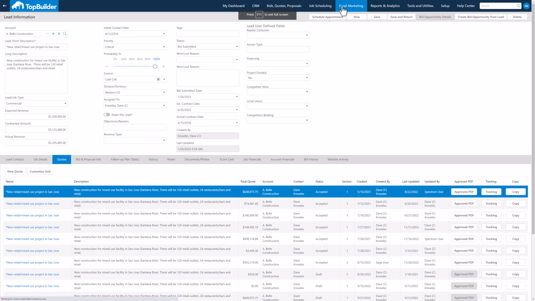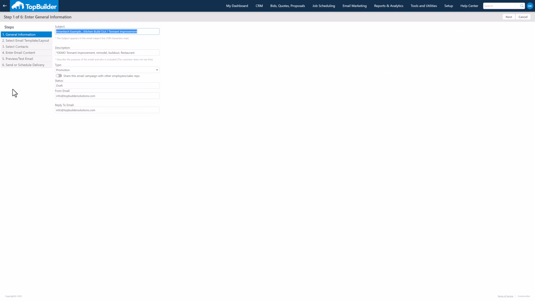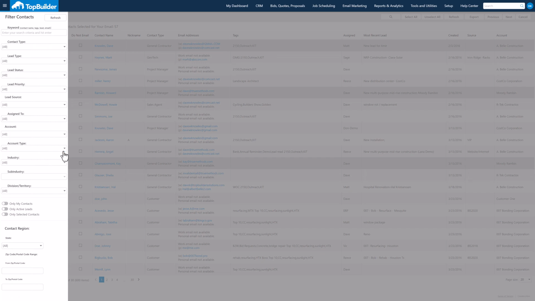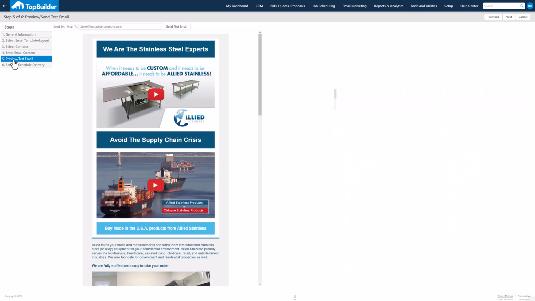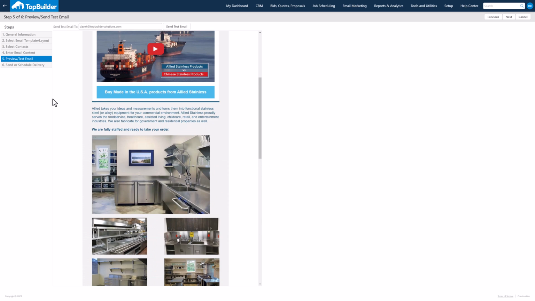Okay, TopBuilder also includes email marketing, which allows you to target your emails directly to specific audiences like architects, engineers, building owners, property managers. That's very, very easy to do by just picking what type of company you want to target the email to and build your distribution list. You can drag and drop content right into the email and resize them, add links, add images, and then you can schedule it to go out. And it's a very good looking